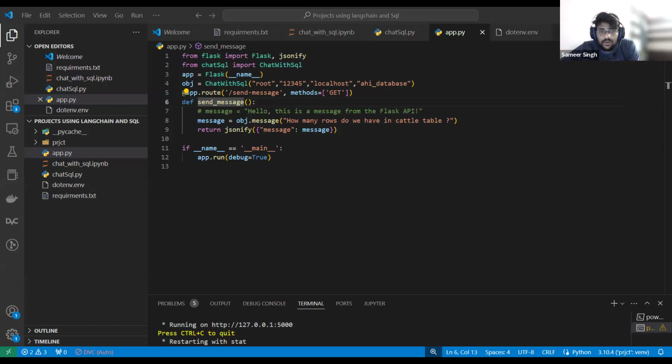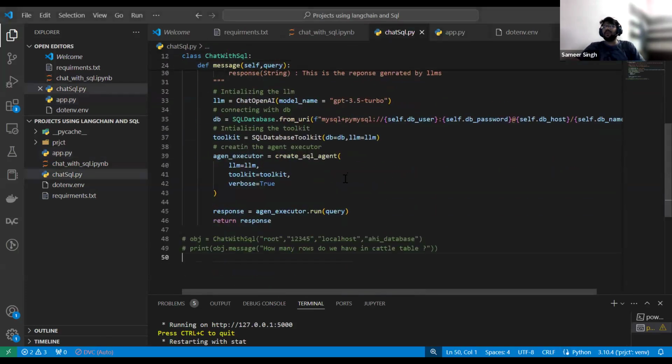Any doubt? Jitendra Shakya, you are asking, if you are thinking that a Gen AI project is going to be very large, with 4 to 5 scripts, nothing is like that. One use case has a maximum of 100 lines of code. I'm telling you, anything can have at most 100 lines of code. Just think that here we have around 50 lines of code.